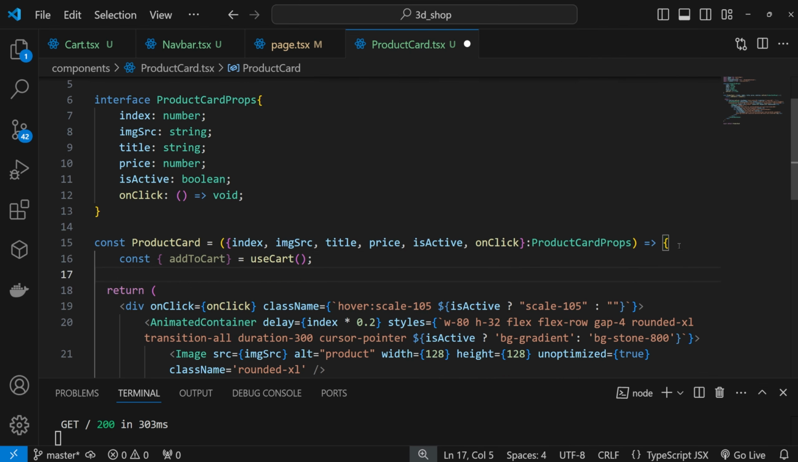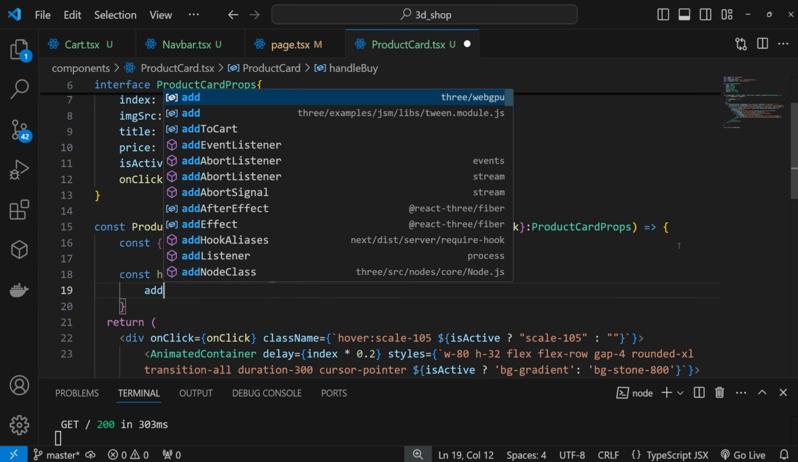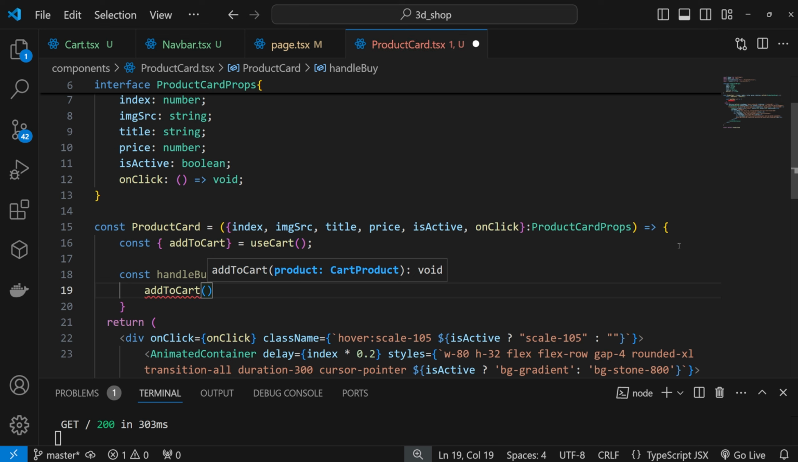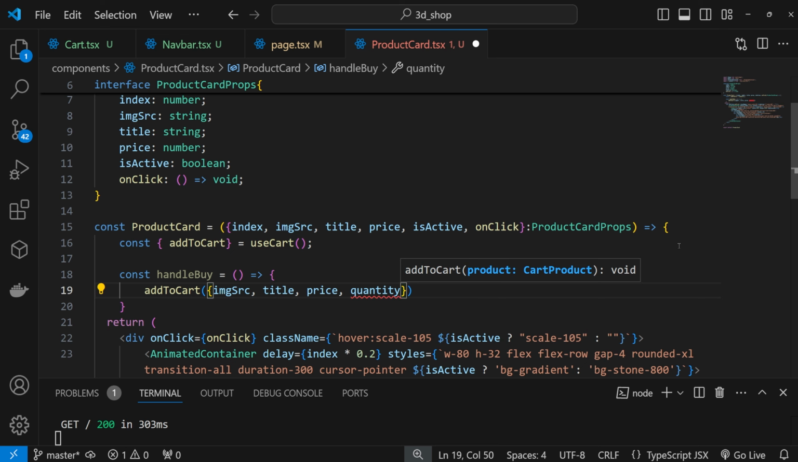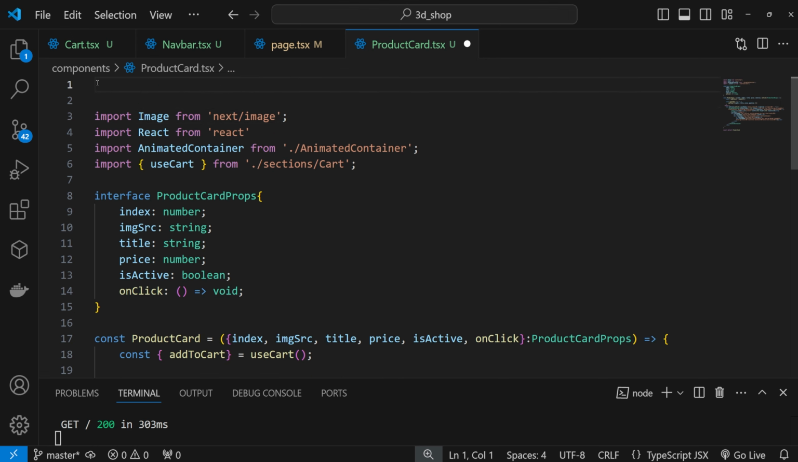And also we need to add a function called handle buy, which will run our add to cart function with some parameters. So let's set it to image.src, then title, also price, and set a quantity to 1, like this. And now we need to add a use client in the top,